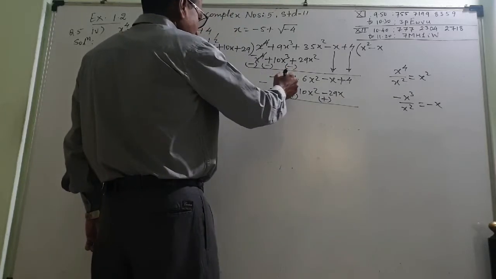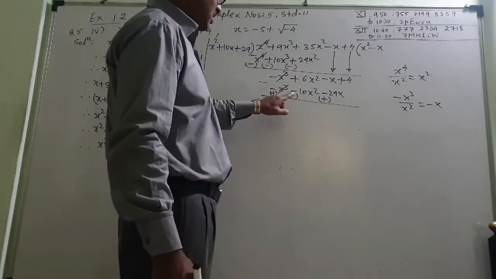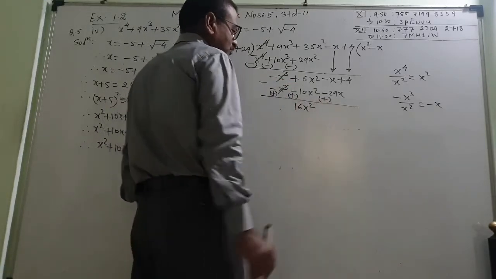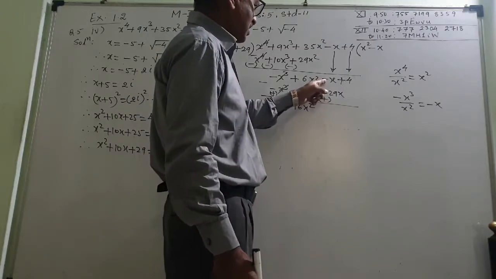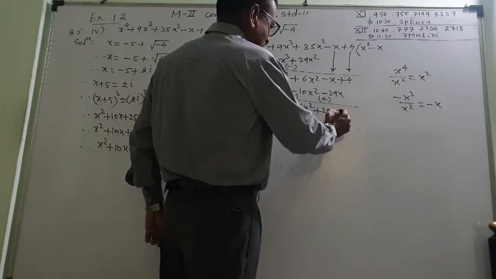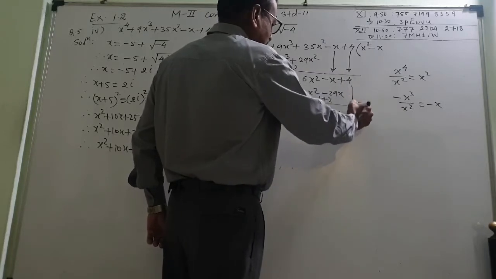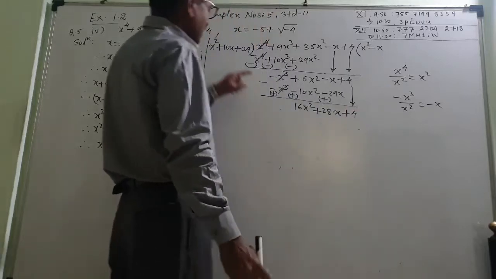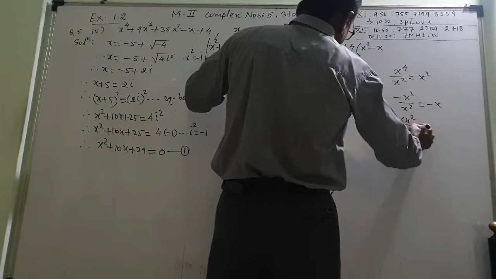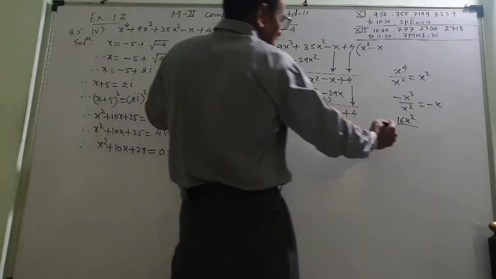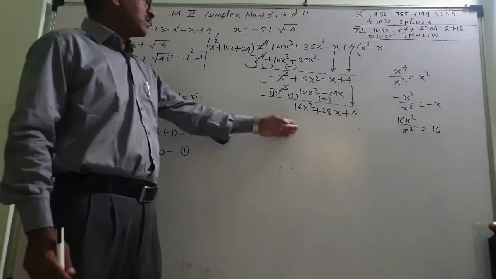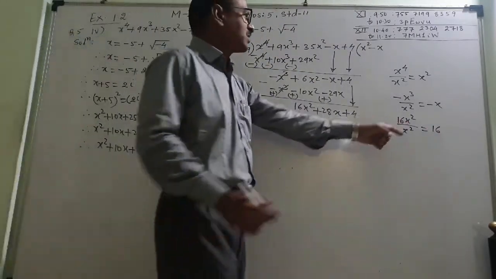So this first term always gets cancelled. Now plus 10 and plus 6, that is plus 16x square. Plus 29 and minus 1, so plus 28 x. Now take this also down, so plus 4. Again I can divide this. 16x square, this is the first term of this, upon the first term of this, x square. This is called the first law. First law means first upon first. What is coming? Plus 16 is coming.